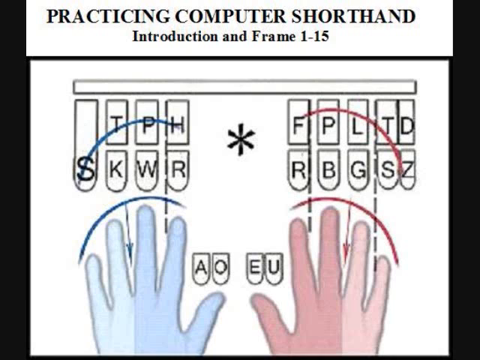Okay, the next frame is 11. This is also the long I sound, but most people write this with the Y instead visually. Okay, so by,